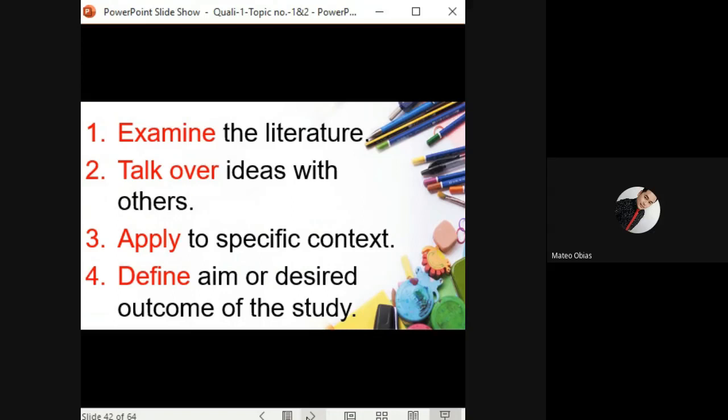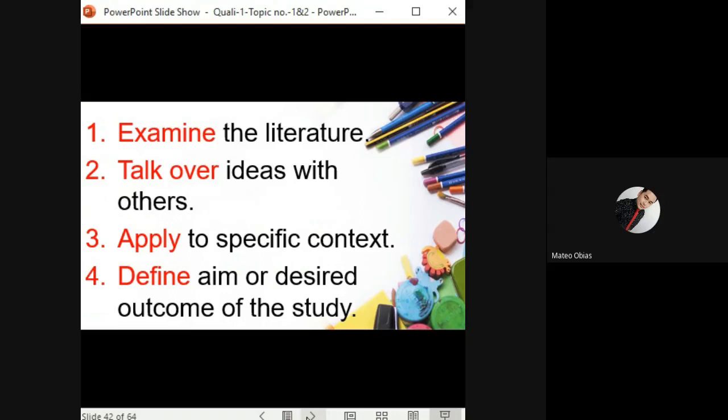So parang sinasabi dito na you can narrow down or you can make the scope of your study a little bit smaller instead of doing the bigger scope. Okay, so you can narrow it down as specific geographical unit na lang. Minsan senior high school nga sa Pasay City, pwede mo pa siyang ma-narrow. Sinong senior high school students. O pwede pa ma-narrow yun into grade 11 or into grade 12. Okay? So that is number 3, apply to specific context. And of course, define the aim.